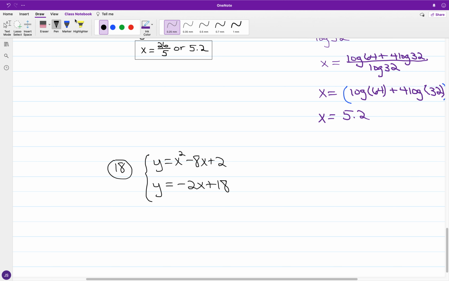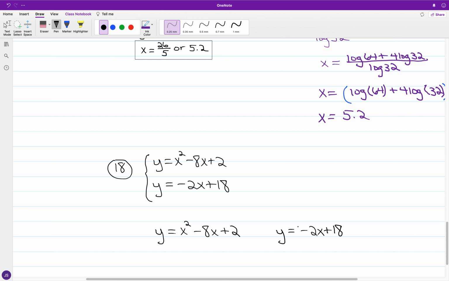Now, for what we have in the case of this system, now we have y isolated, where in the first case we have it set equal to x squared minus 8x plus 2. Now, so we have it such that it is equal to negative 2x plus 18,